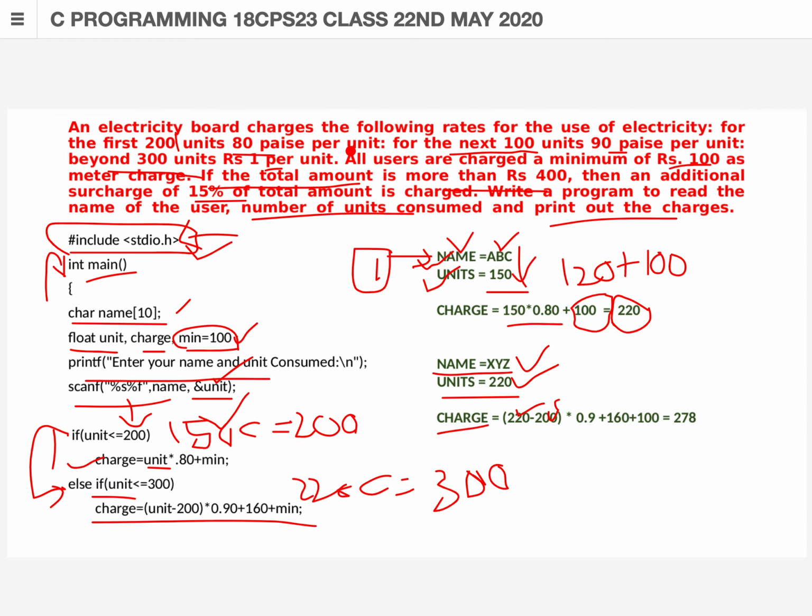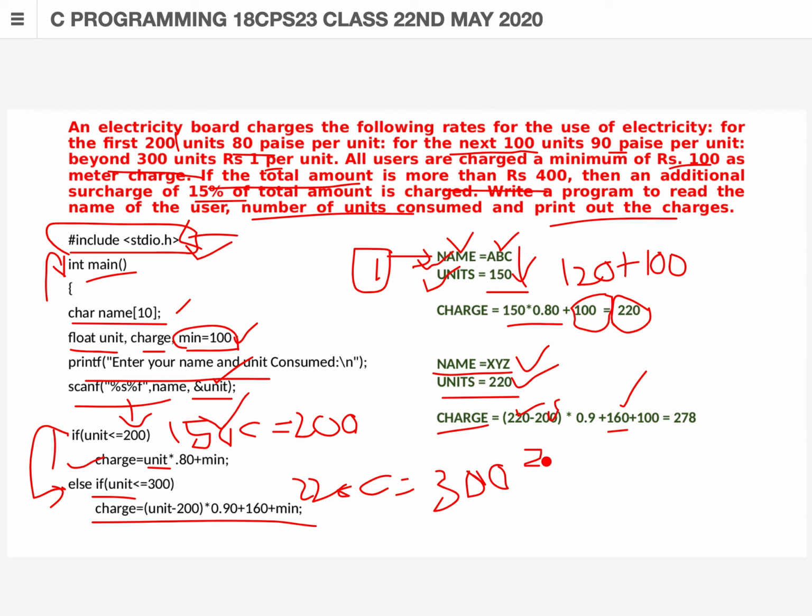So here in the question itself it is stated that after 200 units, up to the next 100 units, it should be charged at a rate of 0.90 paise. That is, 90 paise is nothing but 0.9 per unit. So up to the 200 units, the rate should be 0.8, that is 80 paise only, that we need to add for 200 units. So 200 into 0.8, we will get 160.